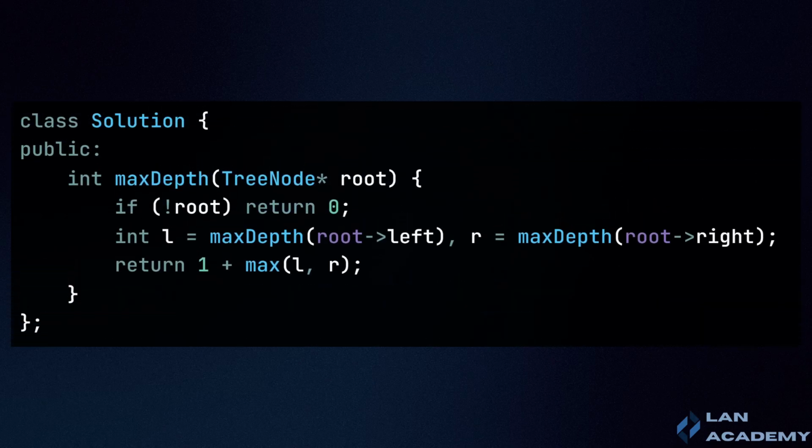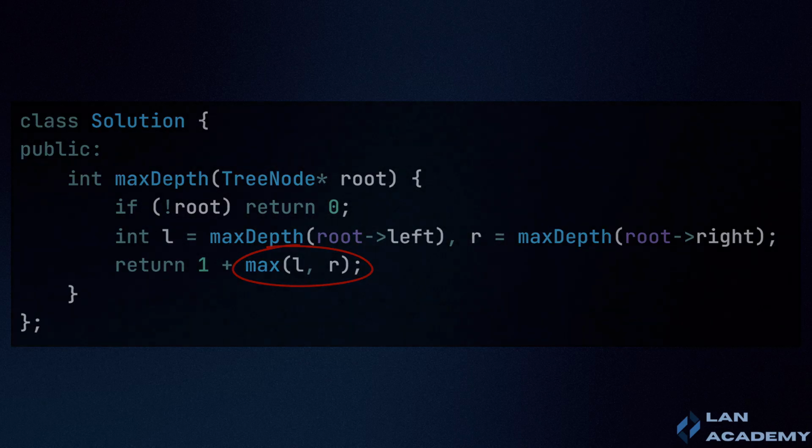This implementation is efficient, time and space-wise, because it traverses each node of the tree only once, assuring a time complexity of O(n), where n is the total number of nodes in the binary tree. The binary tree has two subtrees, left and right. To determine the maximum depth of the current tree, we must take into consideration the maximum depth of these two subtrees. That is represented by the expression max(L, R), where L is the maximum depth of the left subtree and R is the maximum depth of the right subtree.